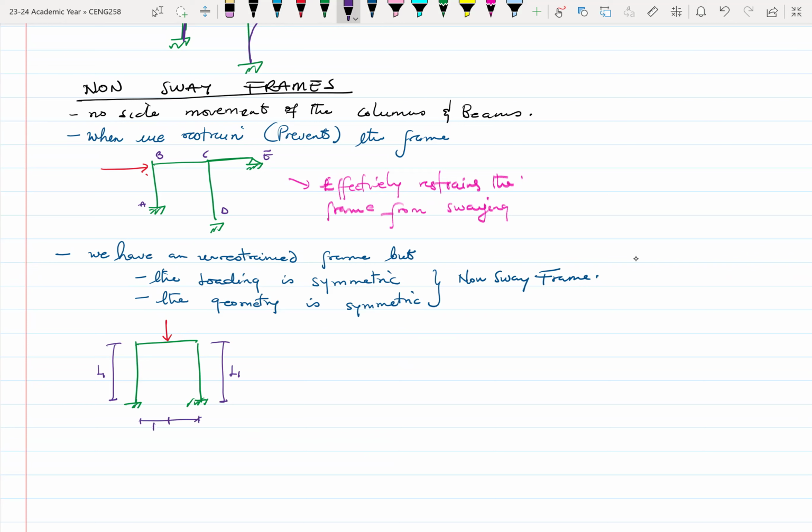Maybe let me call this one L over 2, L over 2. This is perfectly symmetrical. All right. So it's symmetrical both in the load, because the load is right at the center, and also the frame is symmetrical in the sense that if you cut it along where the load is being applied, you get a mirror image of it, one on the left and one on the right. So such a frame will not sway because of the fact that